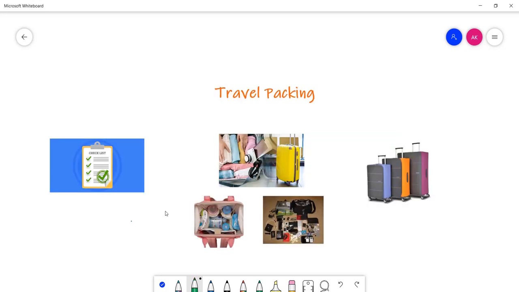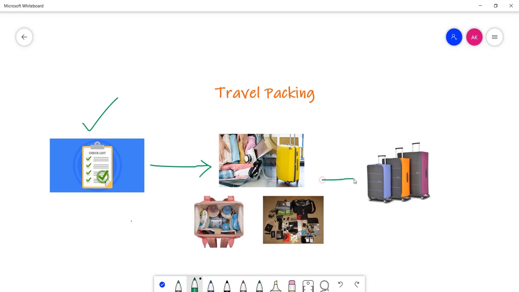Okay guys, before explaining Docker, let's take a look at a simple example from real life. Like you love travel, you go traveling to various places, like you go to mountains, you go to deserts, you go to forests, and it may be a cold place, it may be a hot place, it may be a rainy place, correct? So before going to travel, you prepare a checklist,